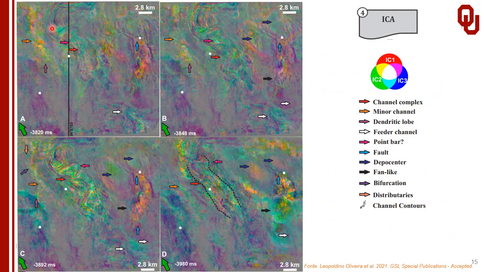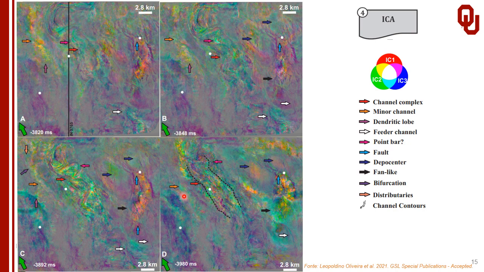In general, the channel complex is characterized predominantly by green facies intercalated with some yellow and purple seismic facies, whereas the area close to the Basin well has predominantly purple facies. At the fatal horizon 1, the channel complex has predominantly green facies and purple facies. The smaller channel in the northwest has predominantly yellow seismic facies when compared to the older